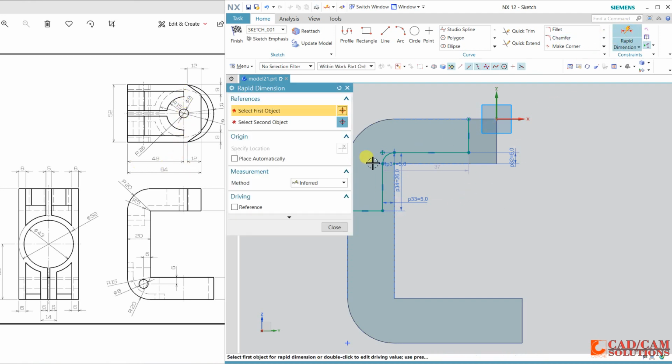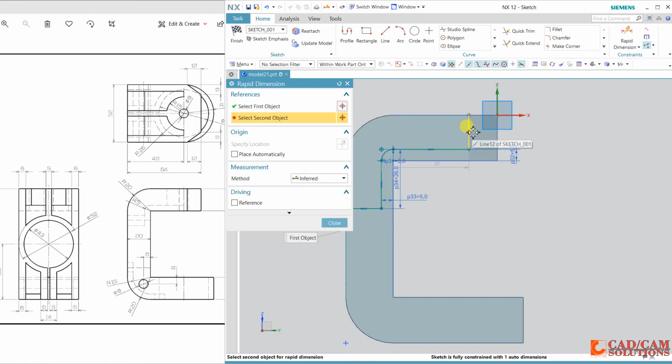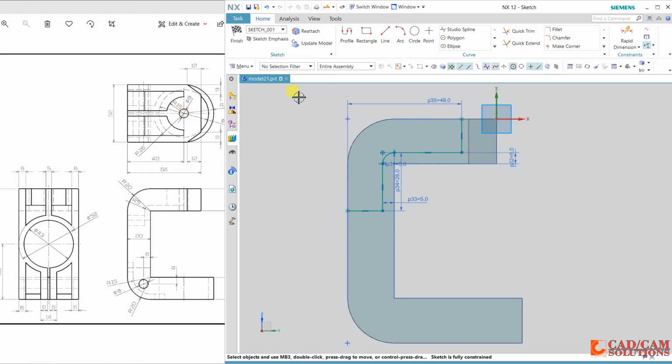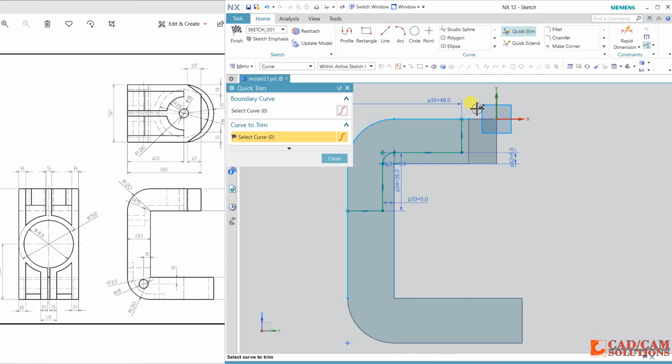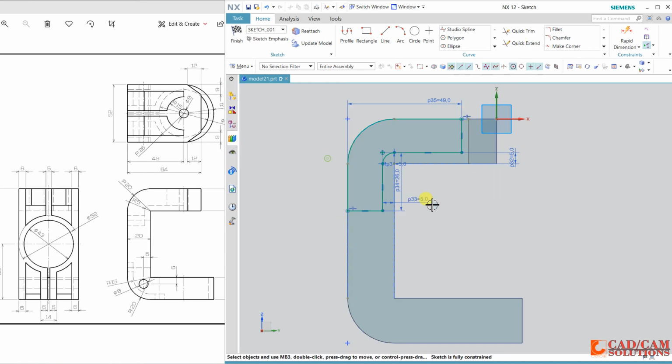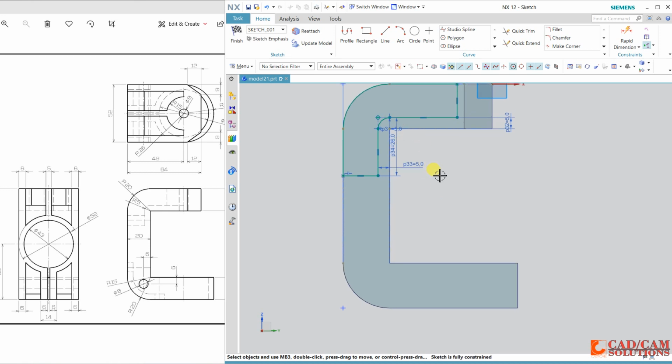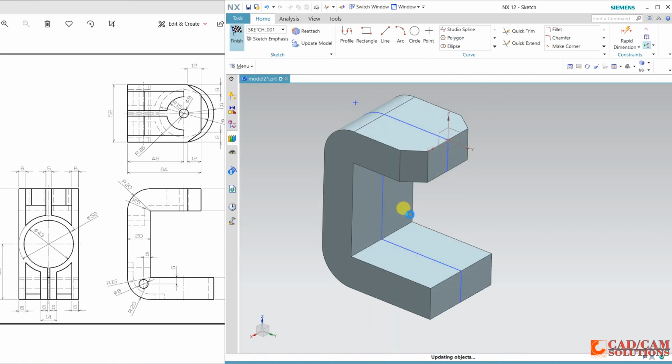So define this value 49. This line will come up to the center of this circle. Now convert, project this line and this line, and okay. And now trim it, and here also cut it. So first sketch is ready, and finish it.